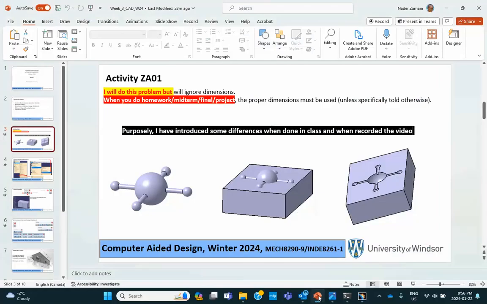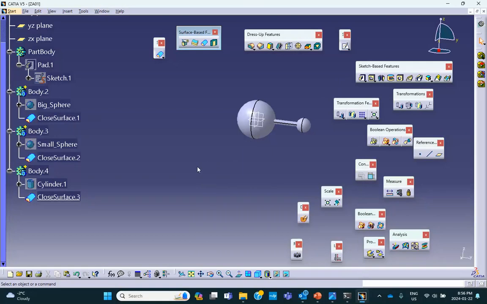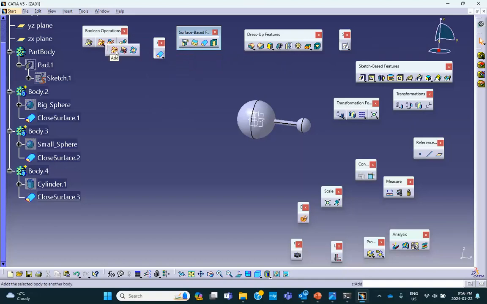If you look at my model that I want to make, it's essentially made of Boolean operation. So see what I mean? Now, the Boolean operation is right here. This is the Boolean operation toolbar. Let us add the small sphere, you see why, to the cylinder. So add Boolean operation. Remember the toolbar right there. Add. In this case, it doesn't matter. You can also use assemble, but add